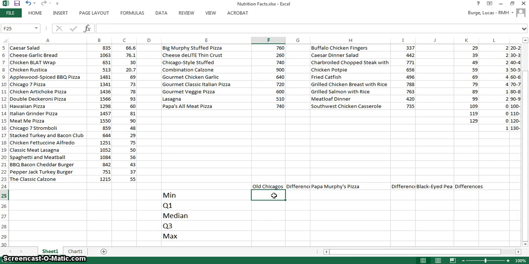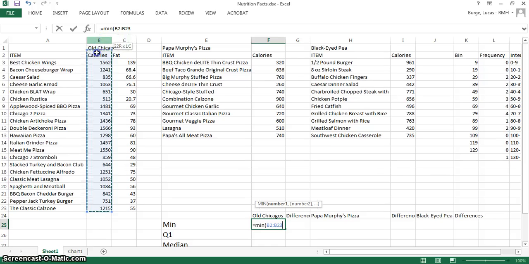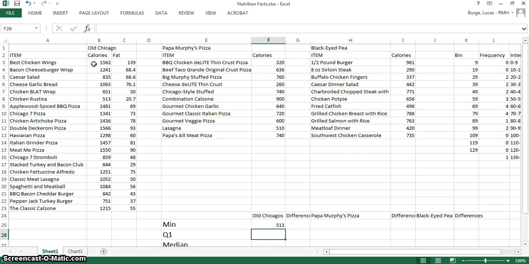So in Old Chicago's, we're going to type in the formula equals MIN, parentheses, and now it needs what are you taking the minimum of? Well, I'm doing it for the calories at Old Chicago. So I highlight that column, close it off with a parenthesis, hit enter, and there's my minimum calorie item at Old Chicago's. To get my first quartile, I just do equals QUARTILE,